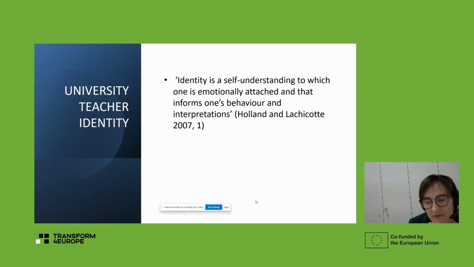Now, an important element of the university teacher identity is the fact that since we have to do both teaching and research, we need to constantly negotiate these two roles, the role of a teacher and the role of the researcher. So this is what is typical for a university teacher and not, for example, for a high school teacher. We can say that there is an identity tension between these two roles. And of course, we all have integrated identities. We all are different things. We are teachers, mothers, friends, and so on and so on. But speaking of the university teacher, there is this tension between these two roles.